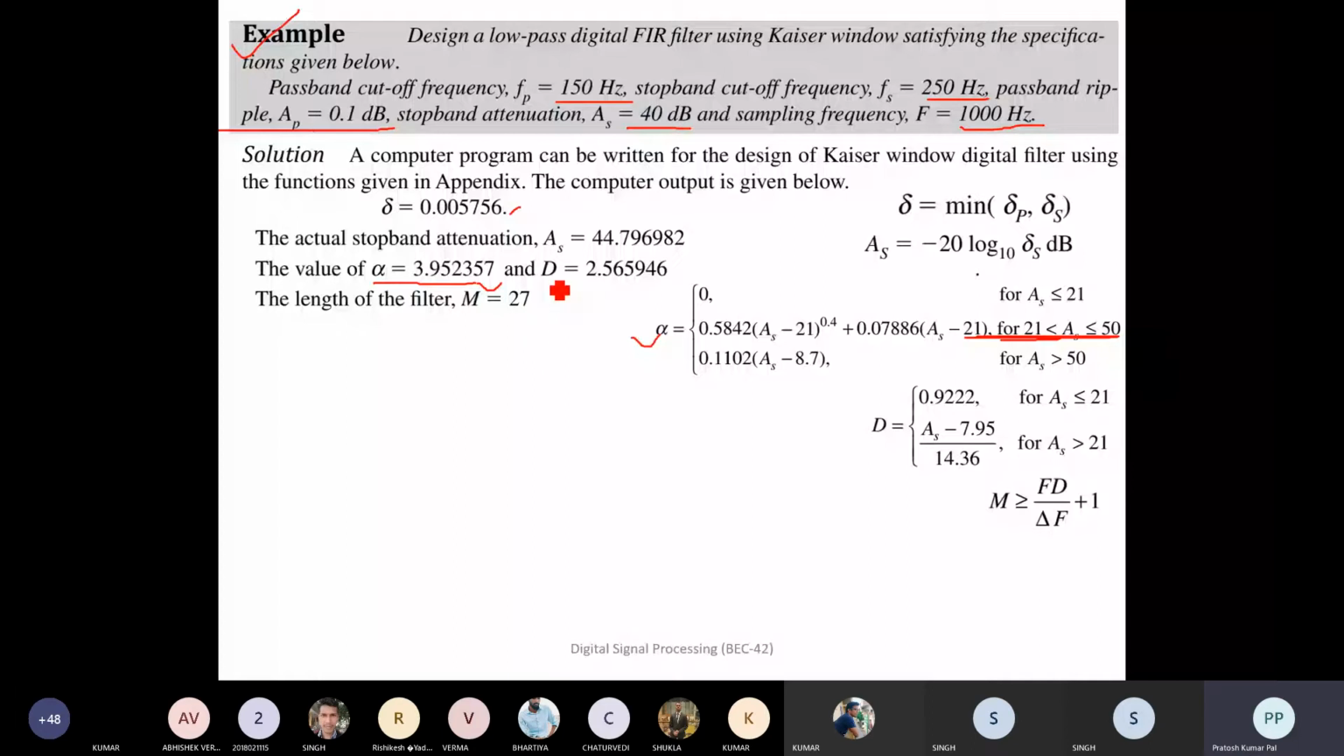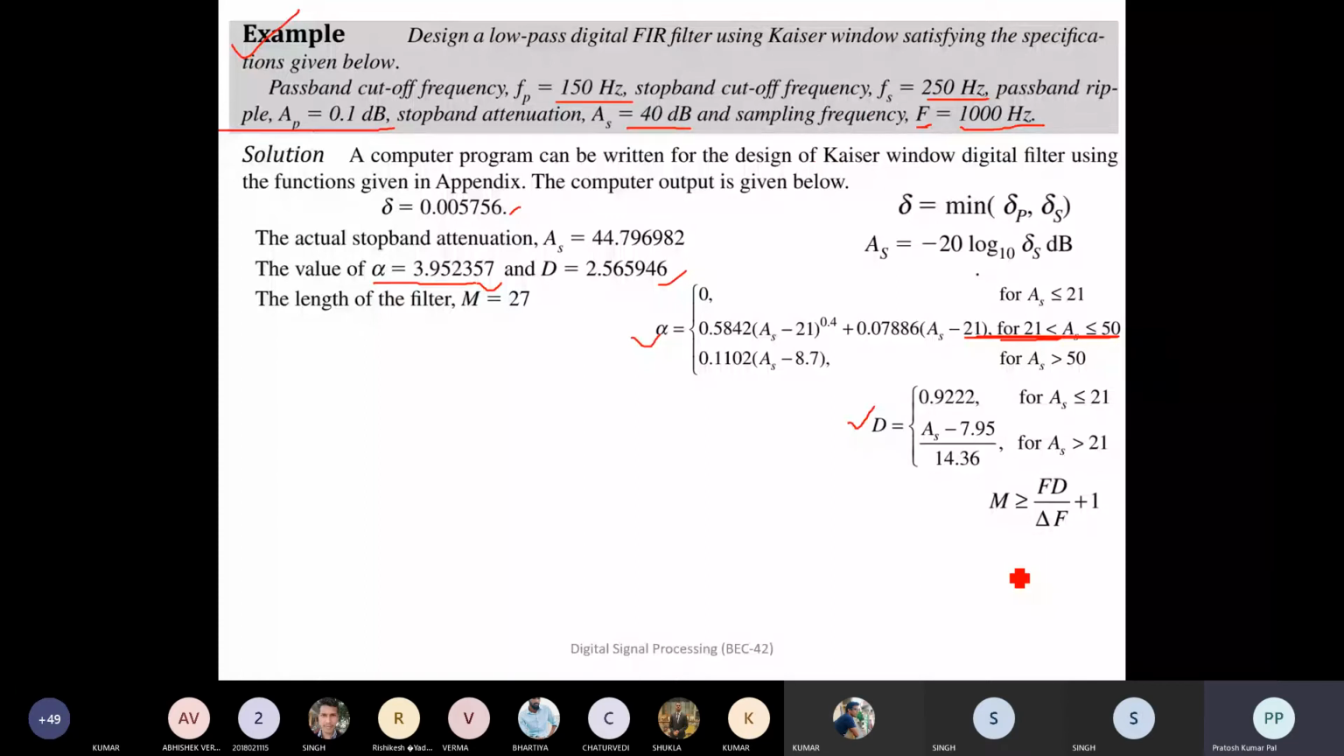Once we have calculated the alpha value, we will find the D. D is a parameter that is given by this equation, and it also depends on the value of AS that we have found. So we will find the D value from there. Once we have the D value, along with the F value, that is the sampling frequency, and the change in frequency, the delta F value,